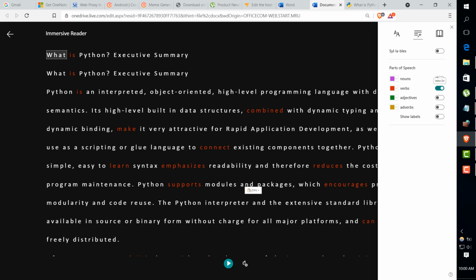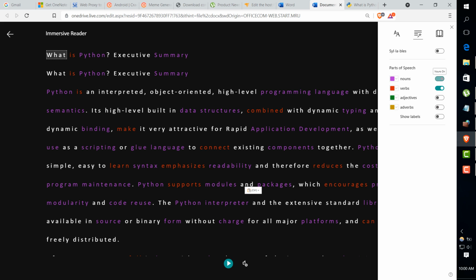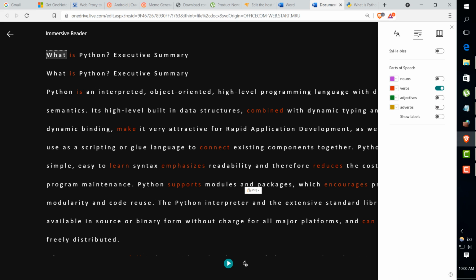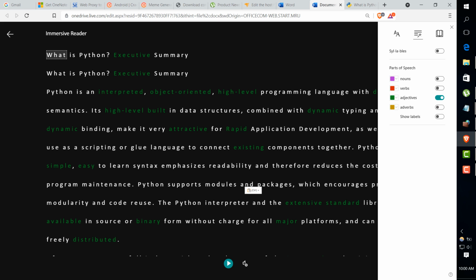Now you can see I have highlighted the verbs, which are getting highlighted in red color. Other information I can highlight, let's say nouns will be in purple color. Verbs will be highlighted in red color. I wanted to observe in my paragraph what adjectives have been used, so I can actually find out those adjectives. From that I can find out the adverbs. I can find out the labels which are used. So like this it helps me in a better way to find out what kind of word has been used in the sentence, correct? So I can actually find out and read those right away.